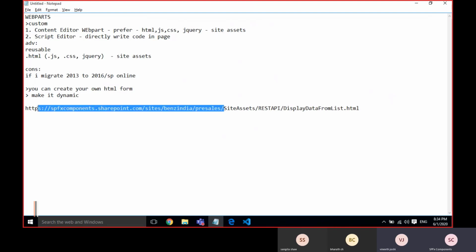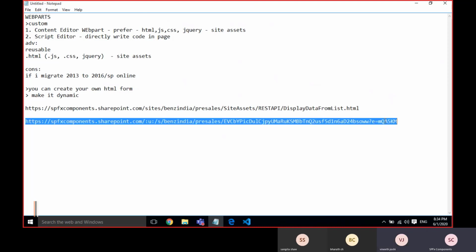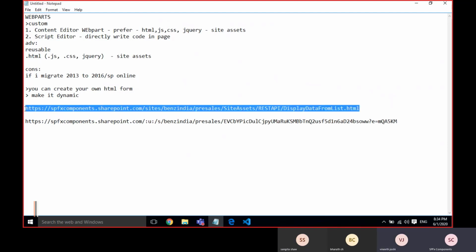Yes. Okay. Sangeeta, which is more advisable? Until 2013, this is the best way. After 2013, like 2016, 2019, and SharePoint Online, there is the other way. But I prefer this way even in Online, because I am able to understand it.